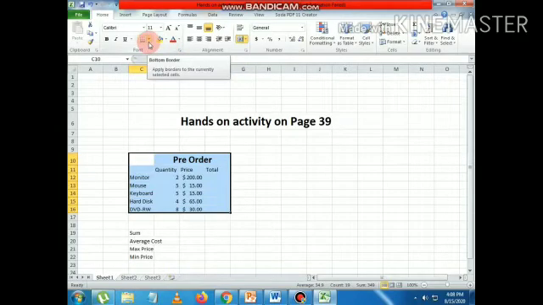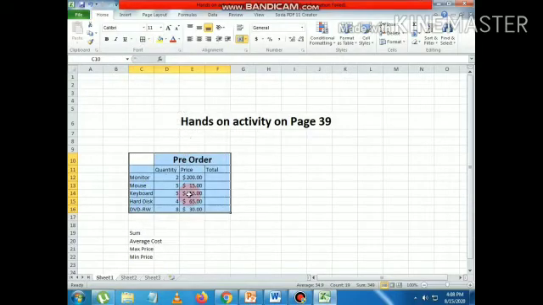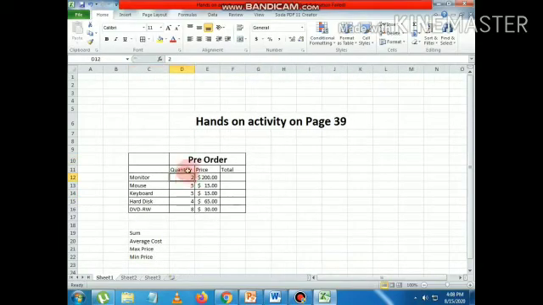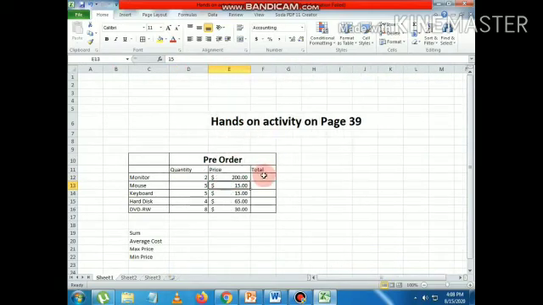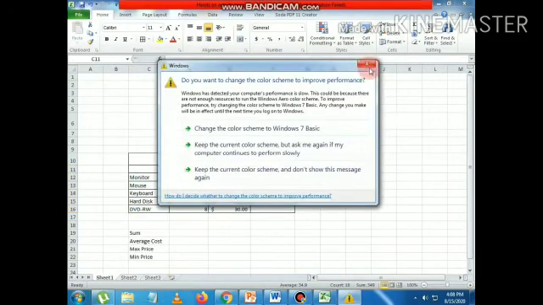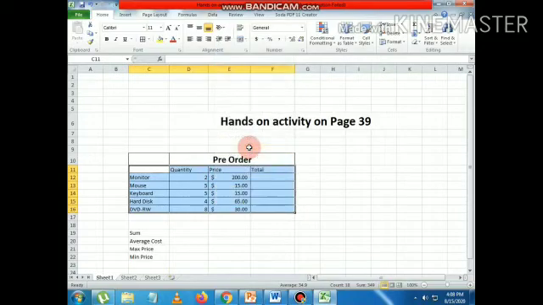I will select the area and apply all borders. I can adjust the column width as per my requirement. I will select the table, right click on the table, format cells.